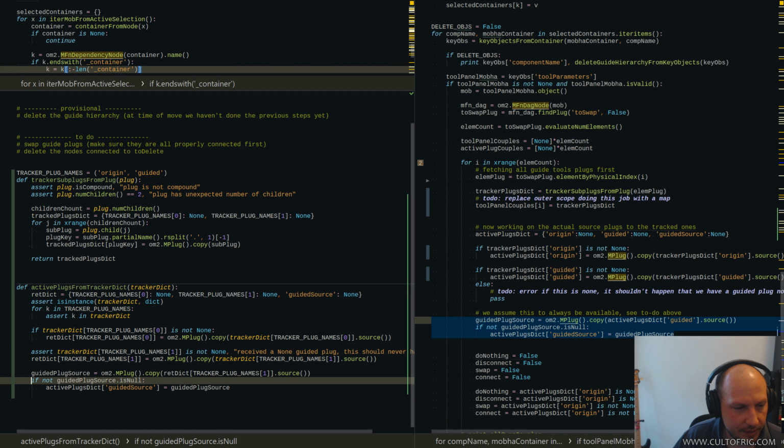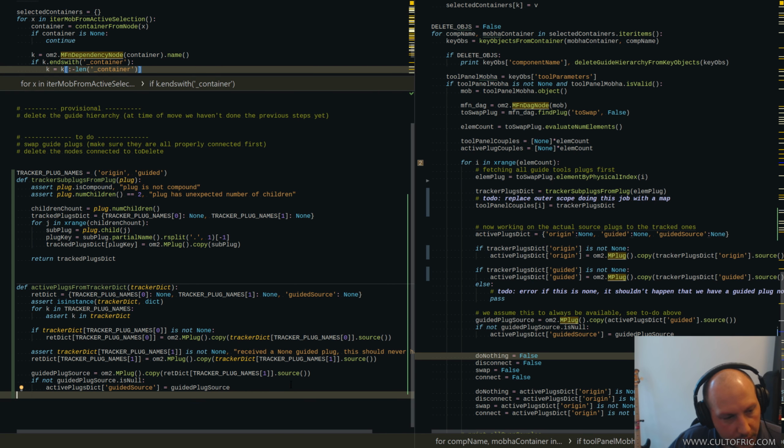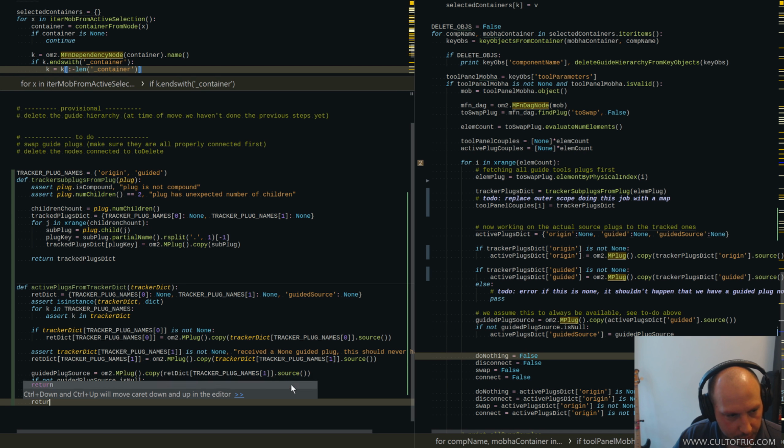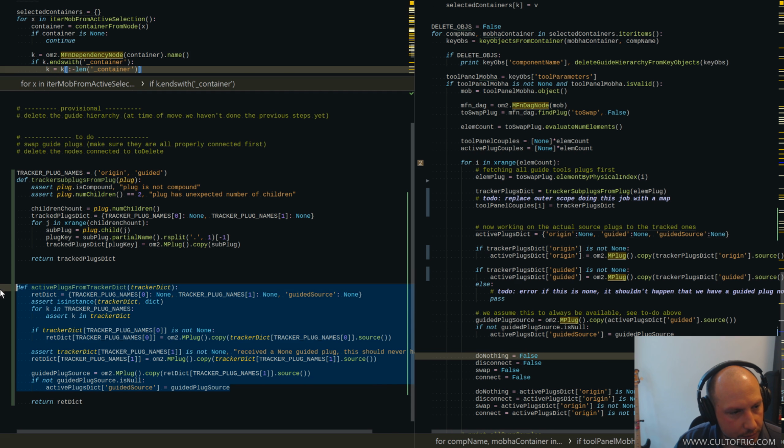This is an acceptable fault tolerance because we want it to be none if nothing was connected. And then we can return the return dictionary. So if we get ourselves that,